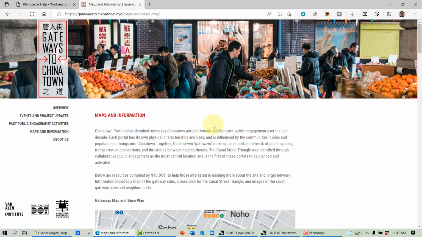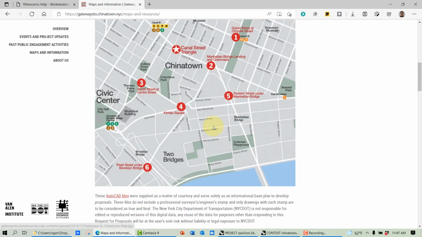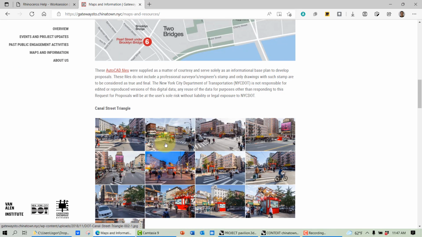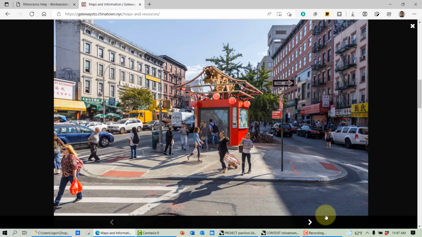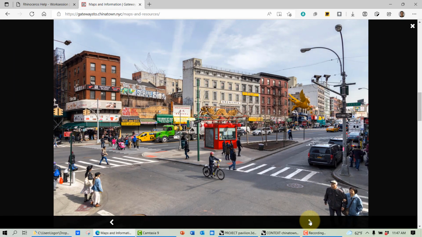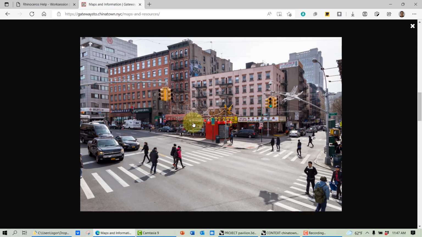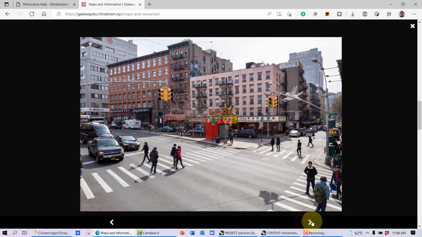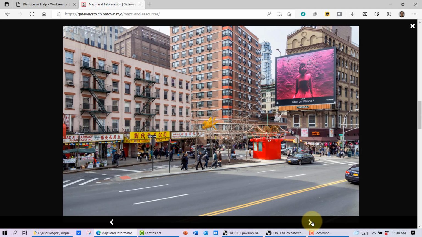Some views of this competition site can be found here on the website, where we can see that there's a triangular wedge on the border between Chinatown and Little Italy. And so this triangular site would be the project location, and the idea being that maybe you have a team